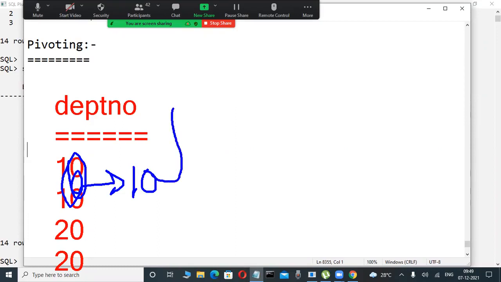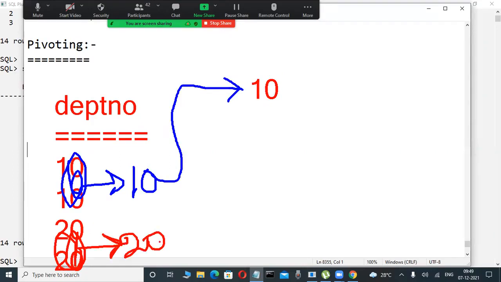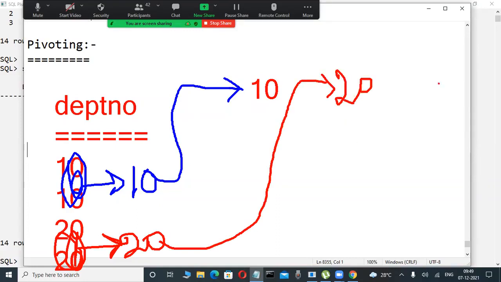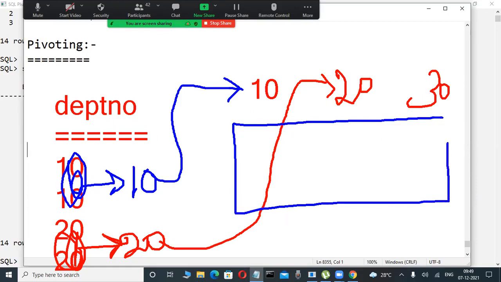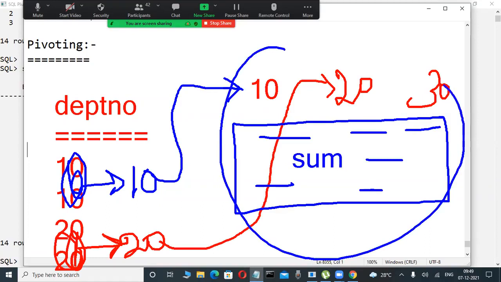That value is automatically converted, rows are converted into columns. Here column-wise, here column. Again, all these rows are reduced and only one time this 20 is there. Same like a group, no? But this row is converted into columns. That's why rows are converted into columns, and also display aggregate function values in a tabular format. Aggregate function values means sum, average, something like that. Aggregate function values in a tabular format, that is called pivoting in every database.